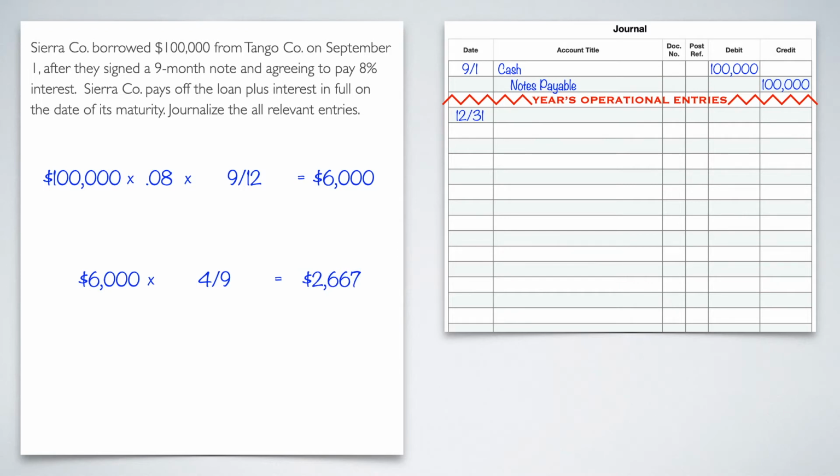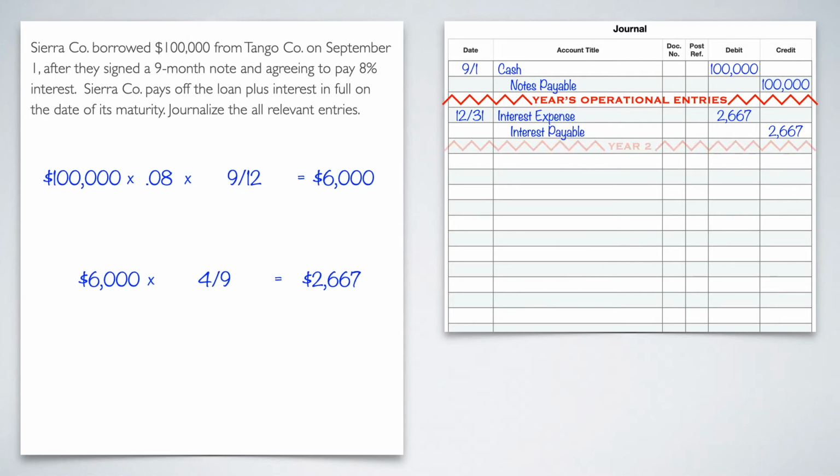So now that we know how much we've incurred or accrued up to this point, December 31st, we can do our journal entry, which is going to be interest expense, because we're expensing this now. This is us using this. This is what we have to pay in order to use the loan. Interest expense of $2,667, and then interest payable, because we'll pay it back when it's due, of $2,667 as the credit. That takes care of the 12/31 adjustment.